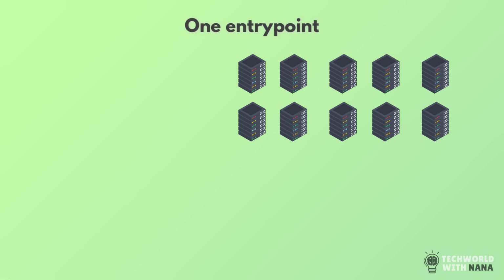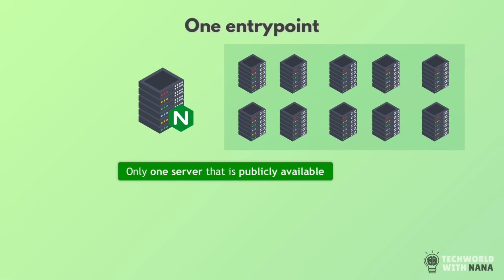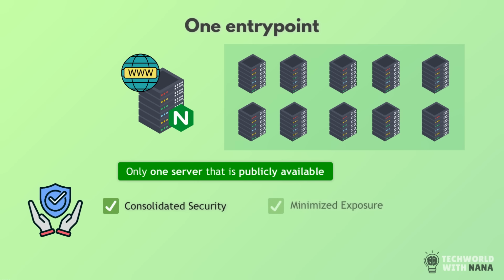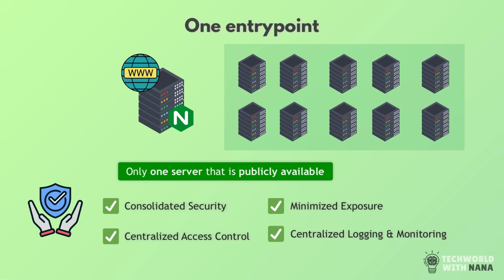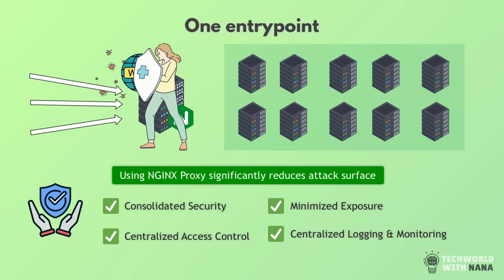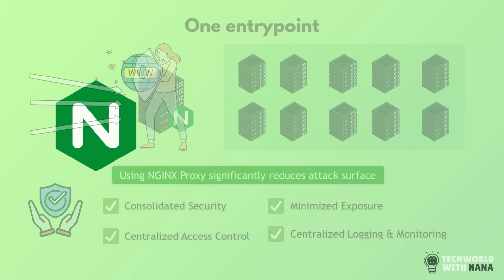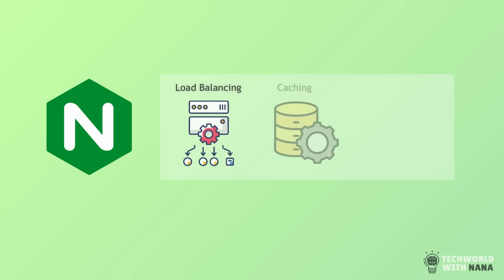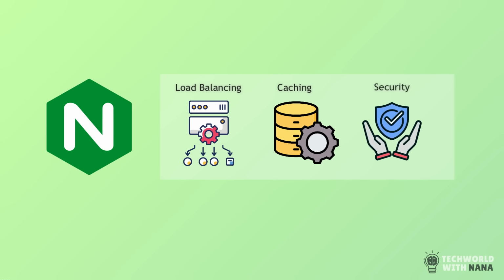Now instead, we just give them one server that is the only one that's publicly accessible. You can put all your tightest security efforts on one server instead of 100 servers. And this way, having one entry point, which is the proxy, as the publicly accessible entry point reduces the security attack surface tremendously and basically acts like a shield or security layer before all those web servers. So in addition to load balancing and caching, a very, very important functionality of a proxy is an added security